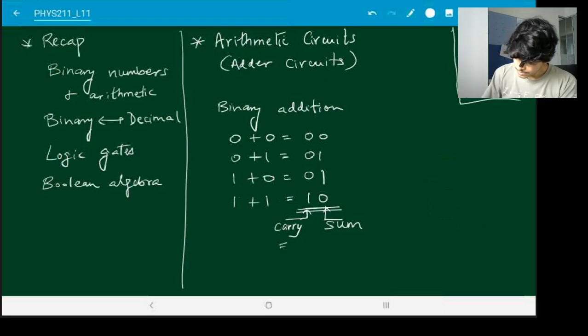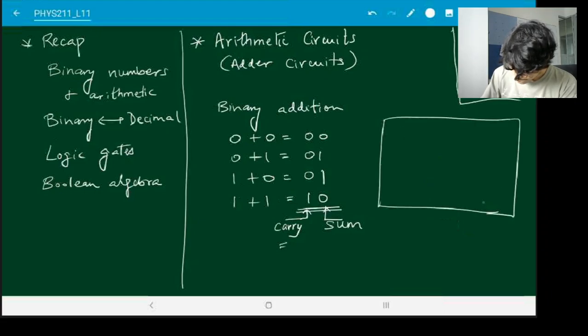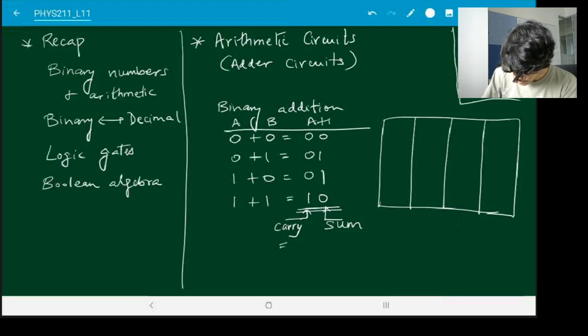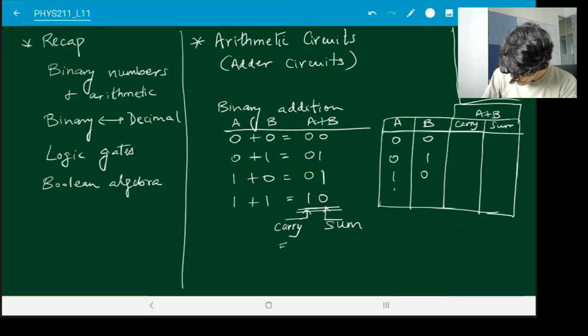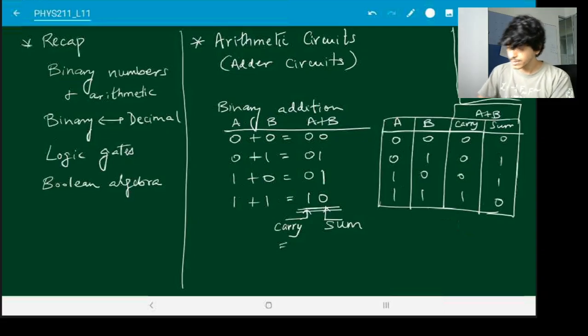Now if you look at this as a truth table, if I call this A and I call this B and I call this A plus B, and A, B, the carry and the sum of A plus B, what does this look like to you?